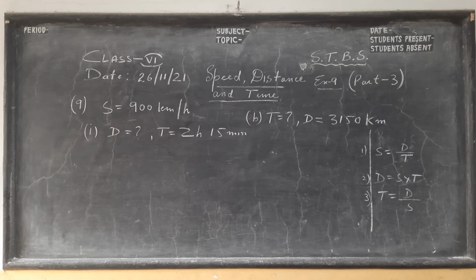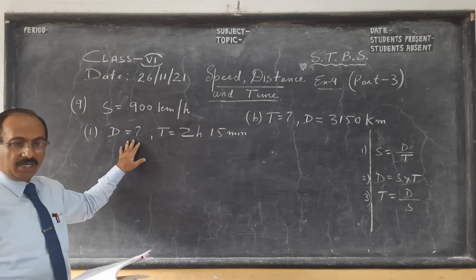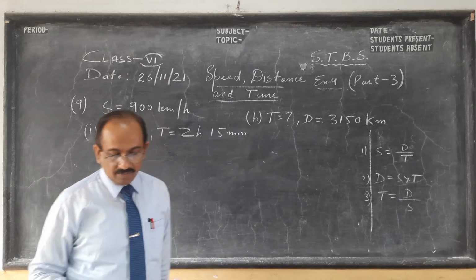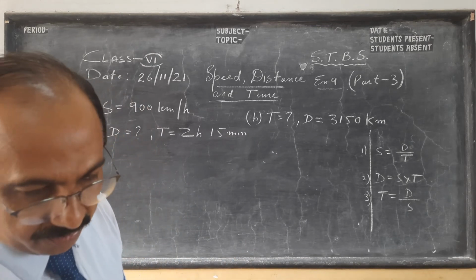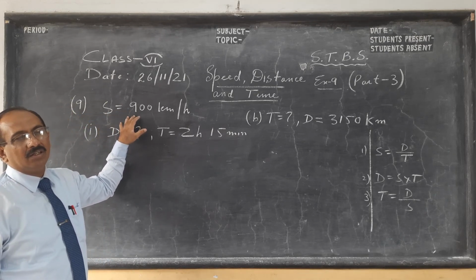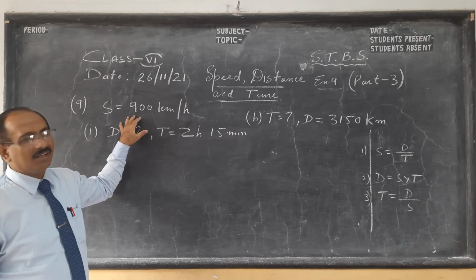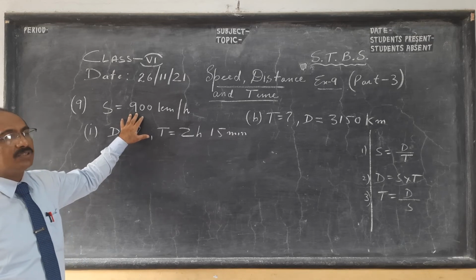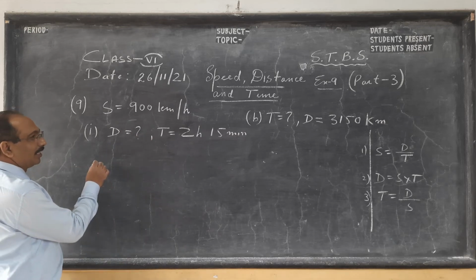Now we move on to the last question of this session, where we say an aeroplane's speed is 900 km per hour. What is the distance covered in 2 hours 15 minutes? In the first part we have to find the distance, and in the second part, what is the time taken to cover a distance of 3150 kilometers. See what a practical application. But I'll tell you, this is the speed of a fighter plane, children, because I'm very interested in aeronautics and space, so I read a lot. This is a very high speed. Any passenger plane travels with a speed of roughly 400 kilometers per hour. A lot of study I have done, but there is no time to discuss now.